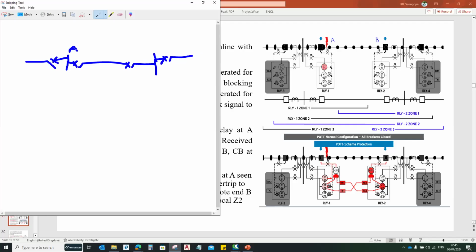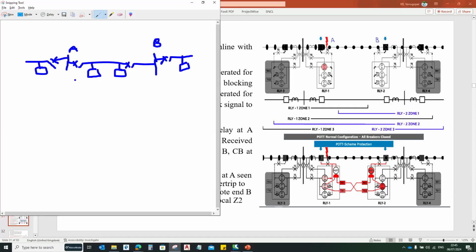Let us say substation A and substation B. Here I'm having relay. Also here I'm having relay. Here also I'm having relay. Here I'm having relay. Okay. Now,